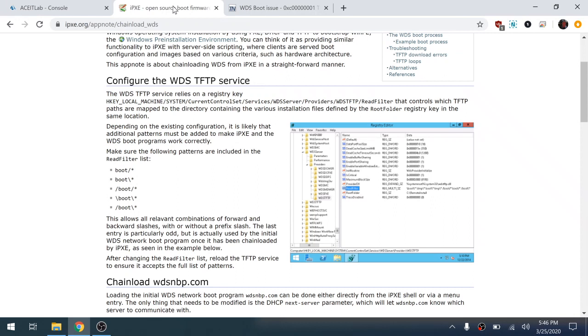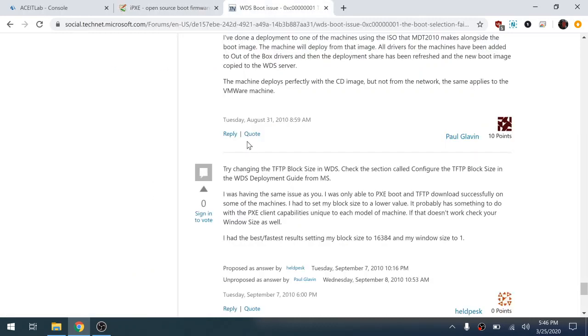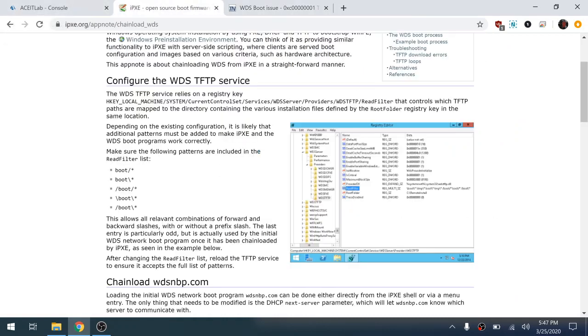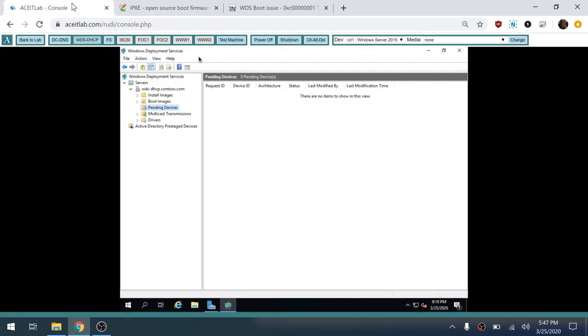Basically, our virtual machines are using this open source bootloader called iPXE, and I had to make some changes to the registry for the WDS server. Also, I had to change the size of some of the TFTP packets and undo the fix that we had to do normally to get it to work on Hyper-V machines. So basically, I had to change the registry according to this,